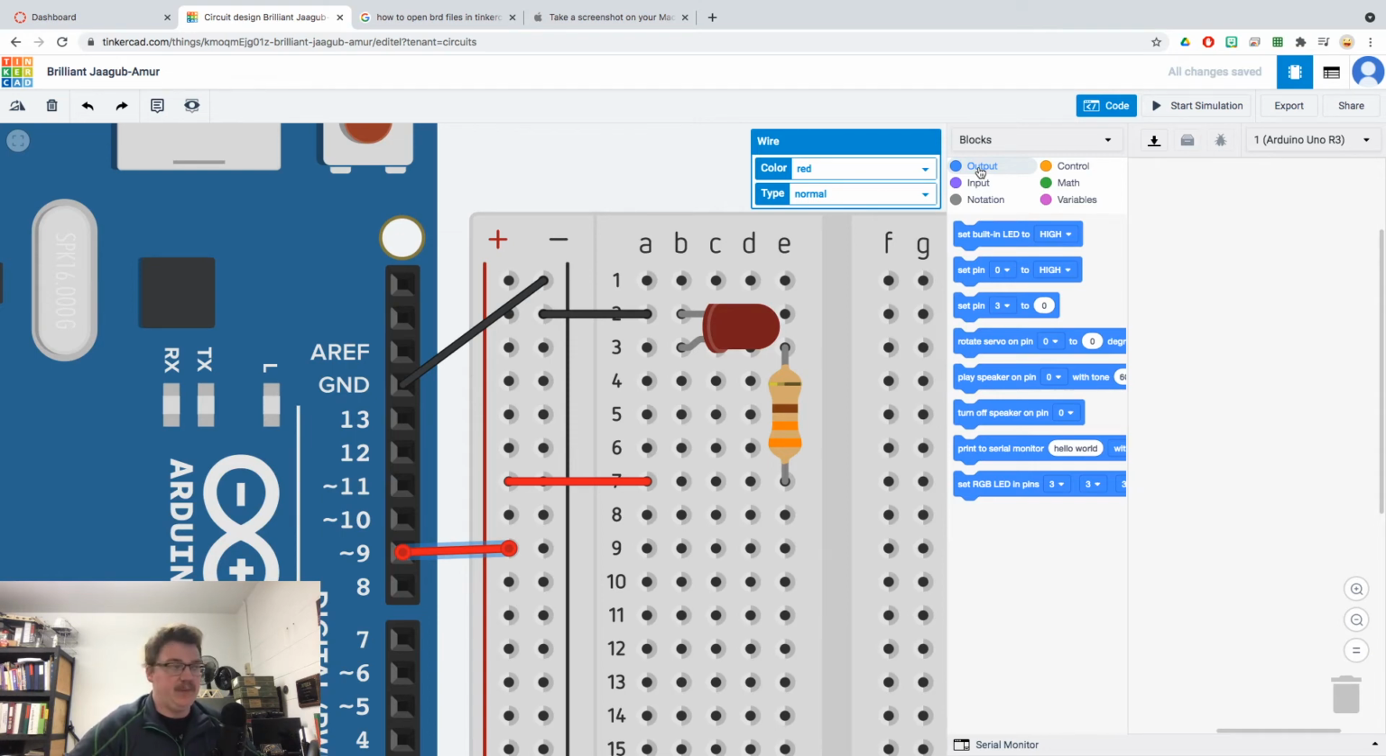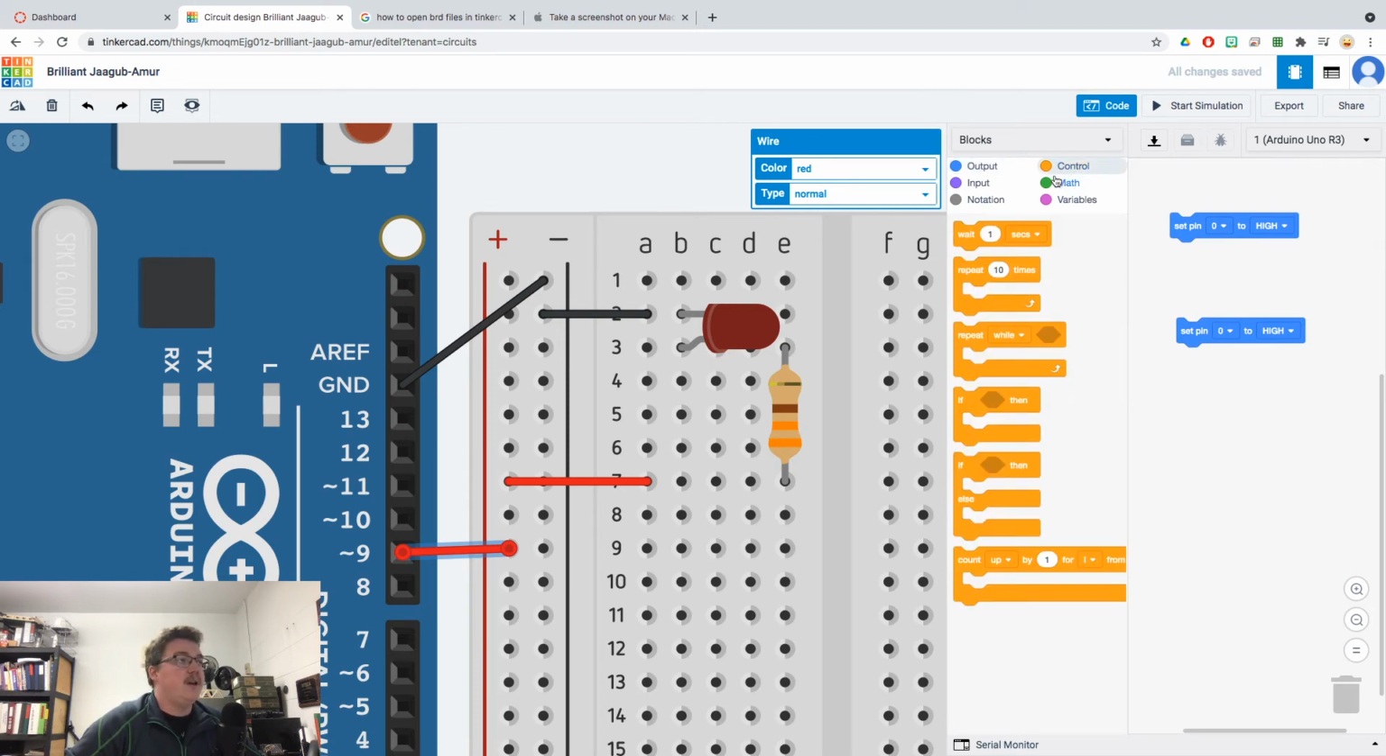That's the whole thing. So on output, I'm going to drag and drop set pin with this 0 with a little drop down next to it to high, and I'm going to bring in 2 of those. Then I'm going to go to this orange button that says control, and then we're going to input a delay, or what this one says is wait 1 seconds. I'm going to import 2 of those, and I'm just going to go ahead and snap them to my 2